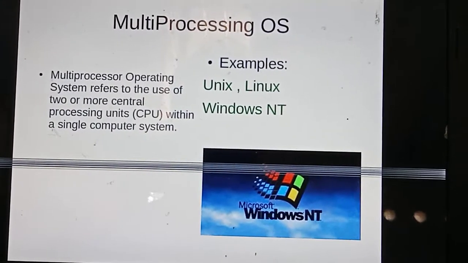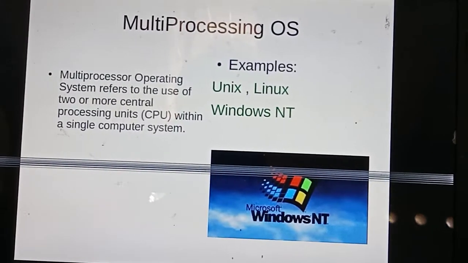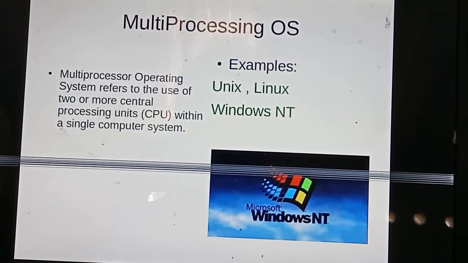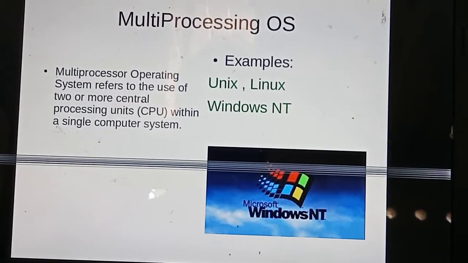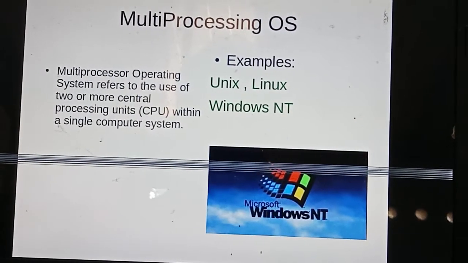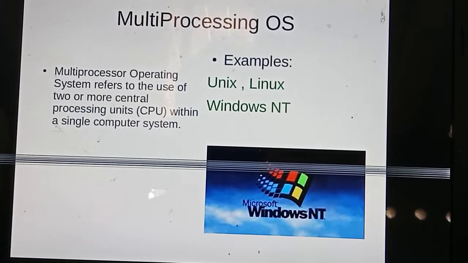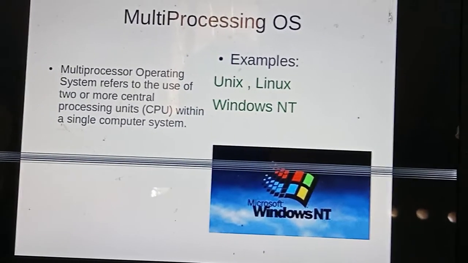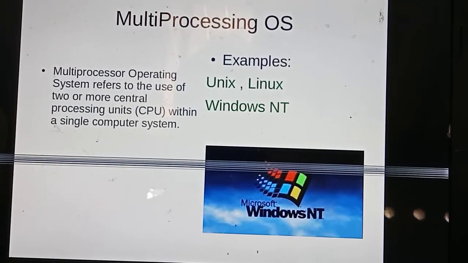That is called multiprocessing. That is, multiple processors are included in one computer. In our previous single user operating system and multi-user operating system, only one CPU is there. But in multiprocessing there are multiple CPUs. That is, multiple processors are included in